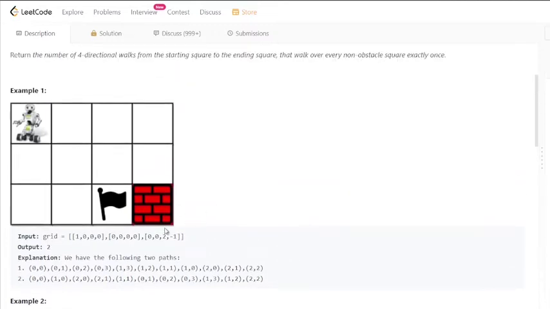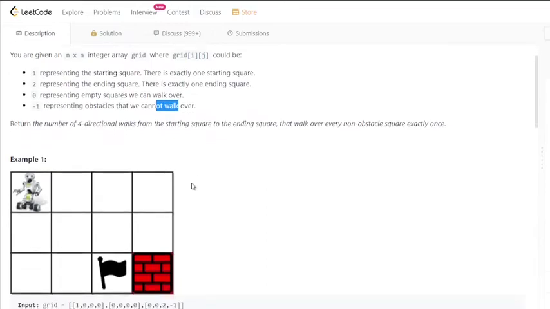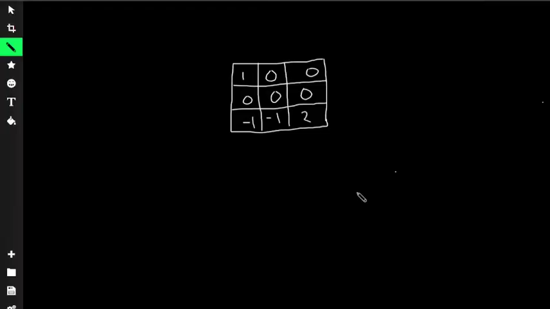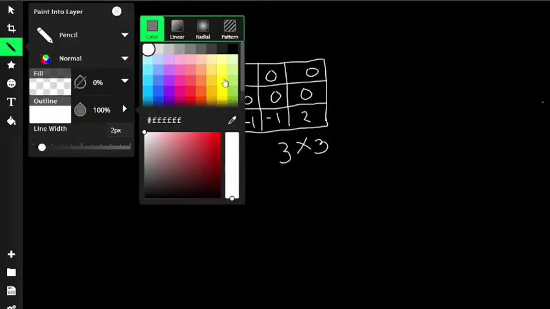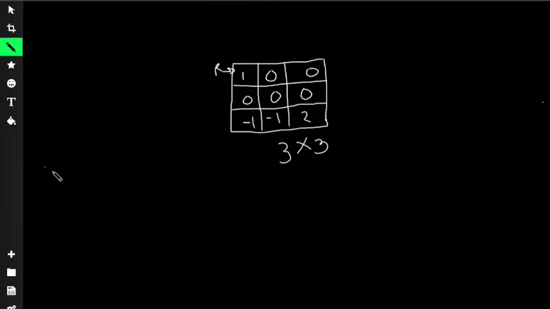So now let's understand the question with more examples. Let's consider this 3 cross 3 grid. Currently our robot is in this position, that is, the robot is at position 0, 0. Let me just change the color. Now currently the robot is over here.